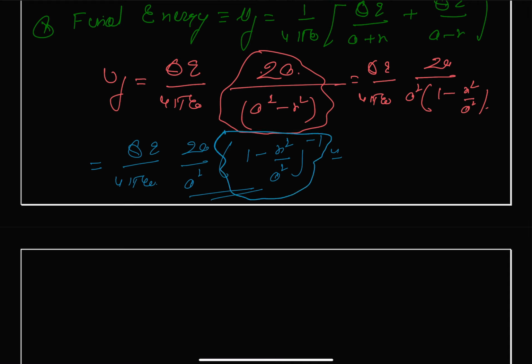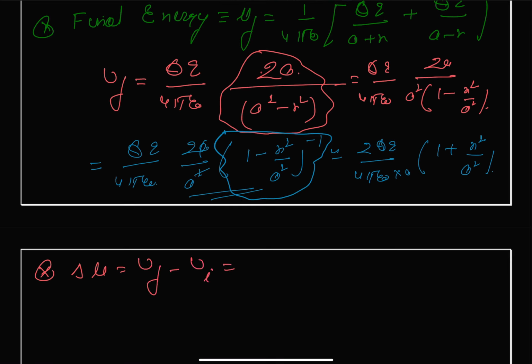And we can write this as 2Q upon 4 pi epsilon naught, multiplied by 1 by a, and it comes as 1 plus x square by a square. Now we can easily find out the change in energy, that is our delta U will be equal to our UF minus UI, which will be giving us